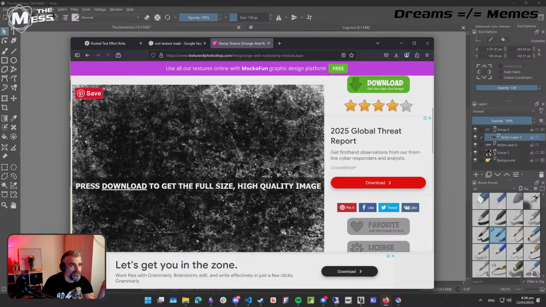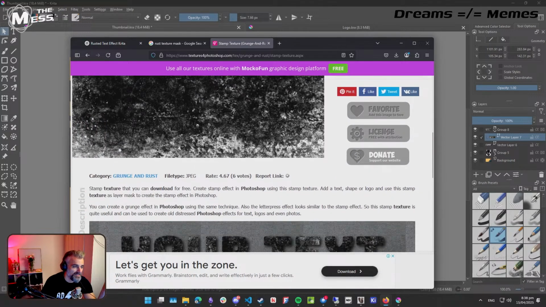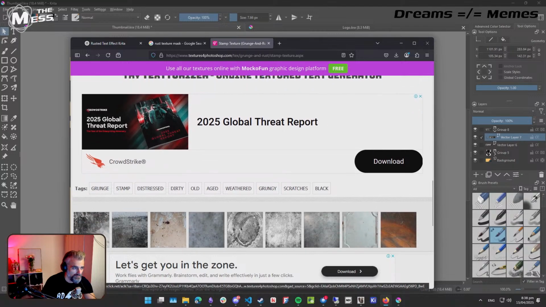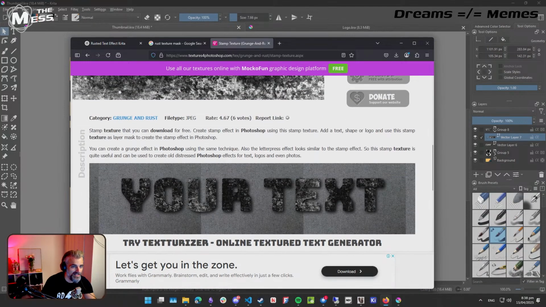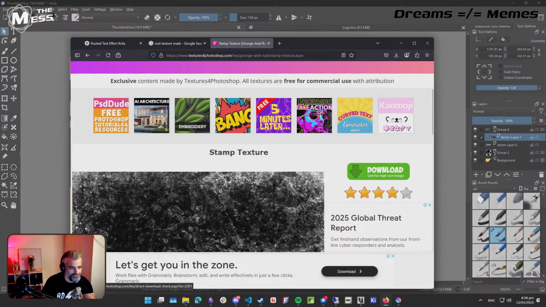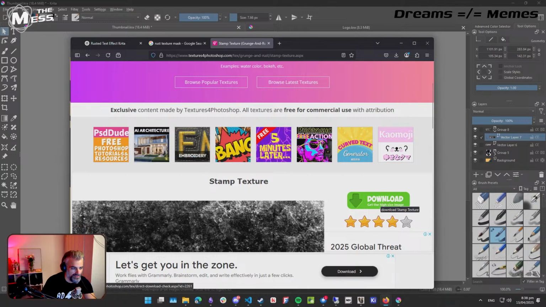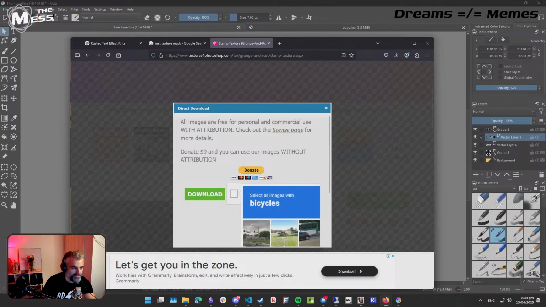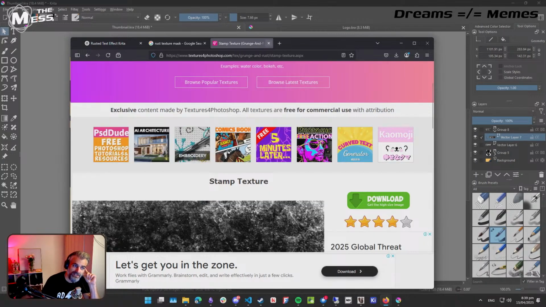Press download. Oh, what? You think it's just going to let me download it? Yeah, which download? I love this. Press download. Oh, okay. Get the high size image. Yeah. Somehow I don't think this is going to happen. And you can use our images without attribution. Well, the problem is, you know,